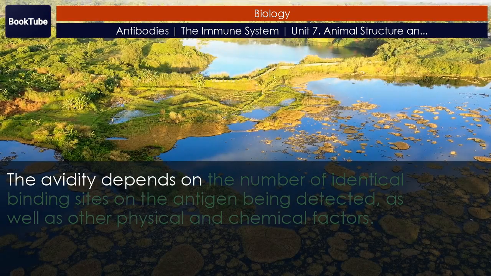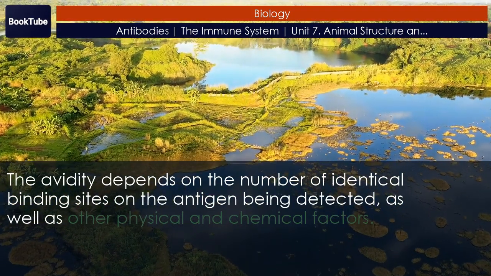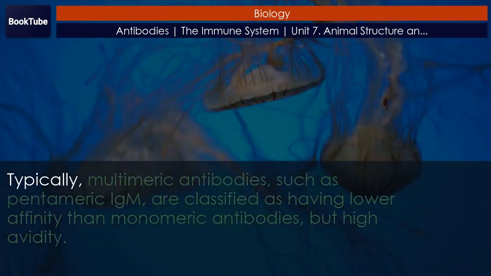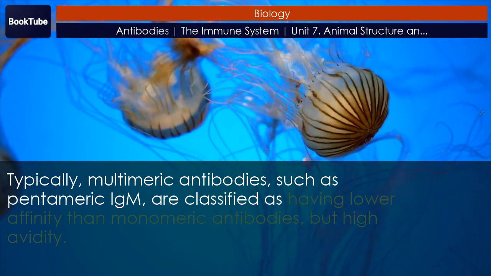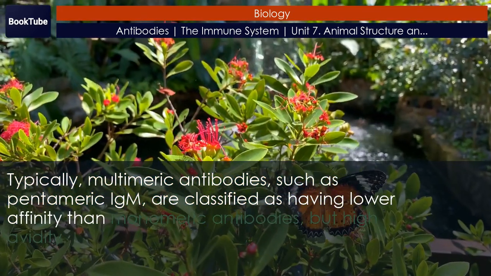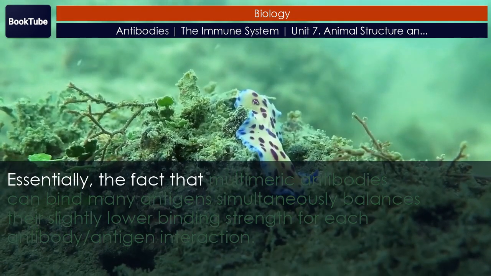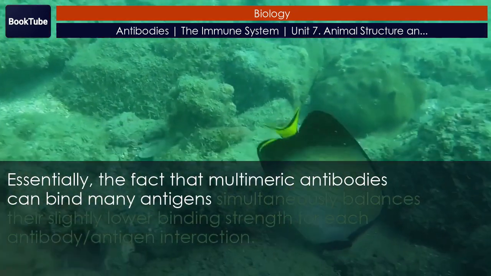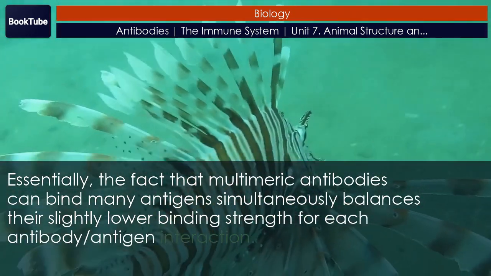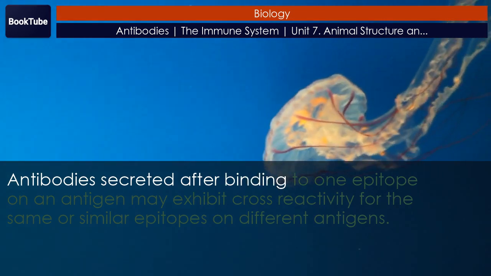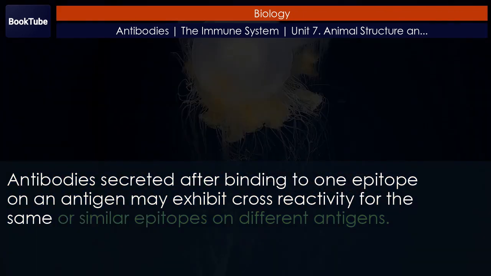The avidity depends on the number of identical binding sites on the antigen being detected, as well as other physical and chemical factors. Typically, multimeric antibodies, such as pentameric IgM, are classified as having lower affinity than monomeric antibodies, but high avidity. Essentially, the fact that multimeric antibodies can bind many antigens simultaneously balances their slightly lower binding strength for each antibody-antigen interaction. Antibodies secreted after binding to one epitope on an antigen may exhibit cross-reactivity for the same or similar epitopes